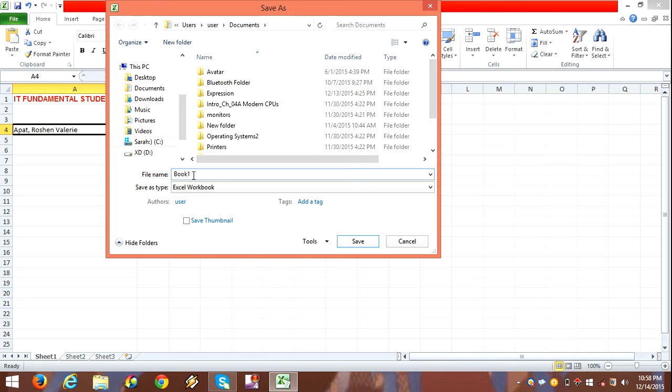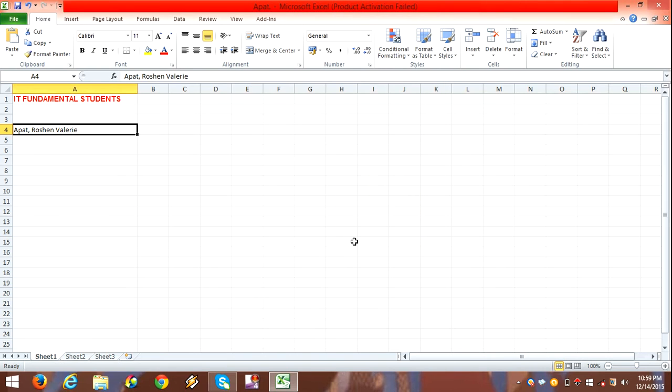So I will rename it into Apat. Then I will click the Save button. So our activity or worksheet has been saved. So we will edit some things here or add some names